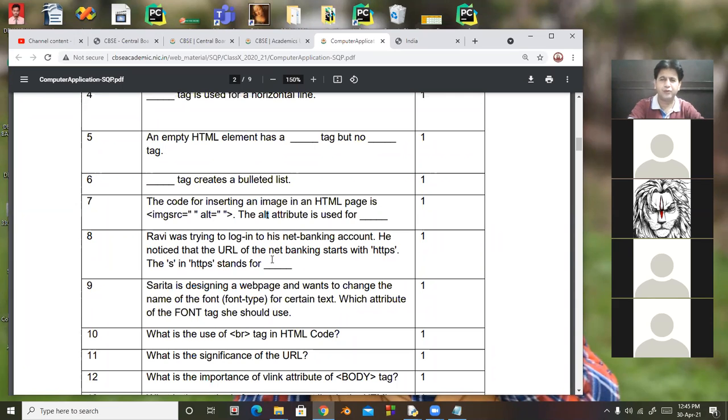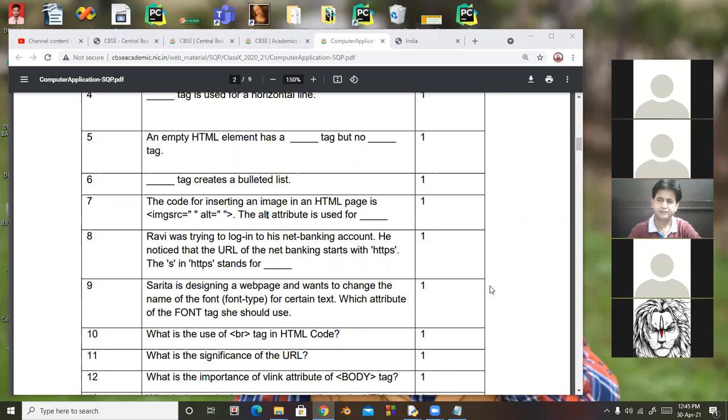The ALT attribute is used for, yes, alternate text.